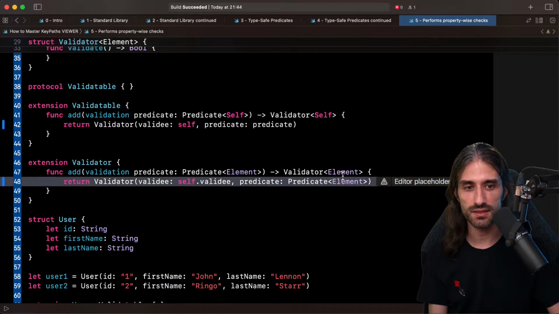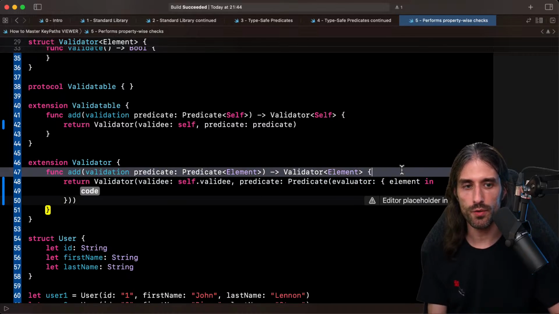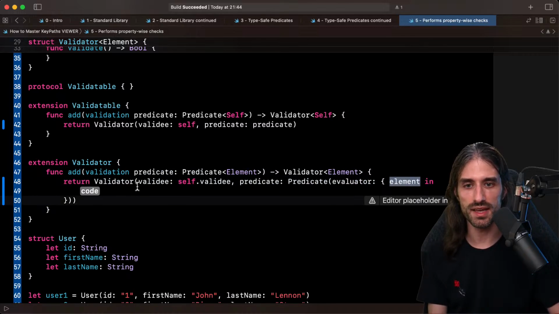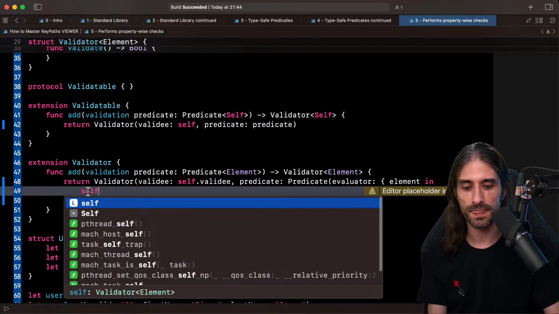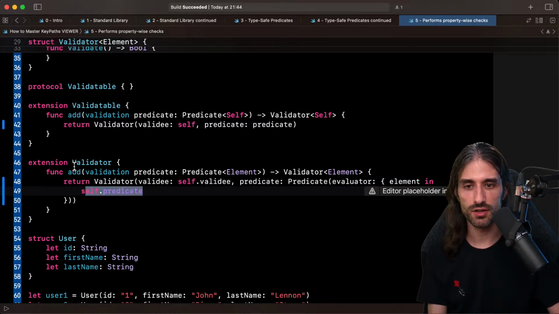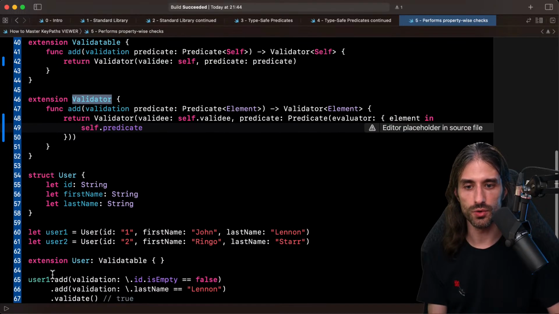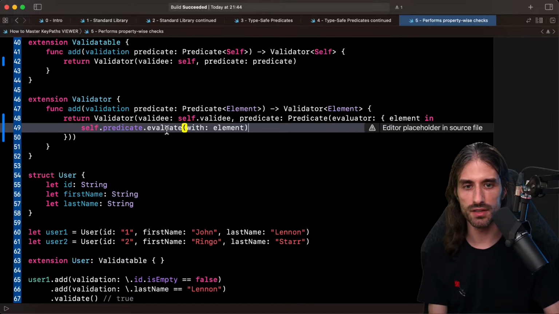And for the predicate, I'm going to need to build a predicate. How I will build it is that I will be given my elements. First, I will evaluate the predicate that is already stored in my validator, the one I built with the first call, with my elements.